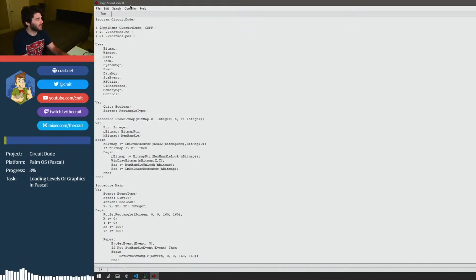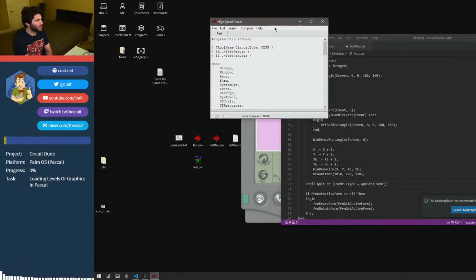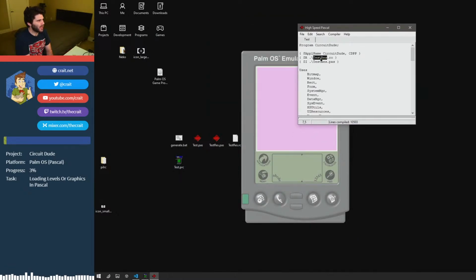Unfortunately, I can't seem to figure out how to compile this with the command line or something like that. So up here in this little menu bar, we have a button for compile. So I'll click on that, and it'll tell me if there's any problems down here at the bottom. And this one doesn't have any problems, so it's going to go ahead and run. Whenever it runs, it automatically creates this PRC file, and it grabs the resources that are listed here in this text in this